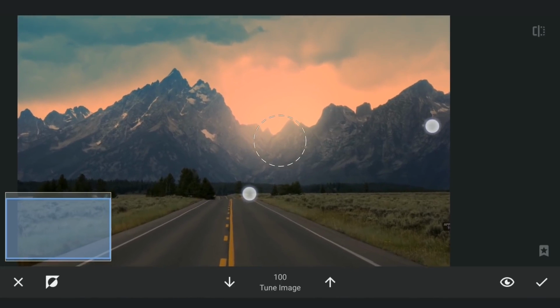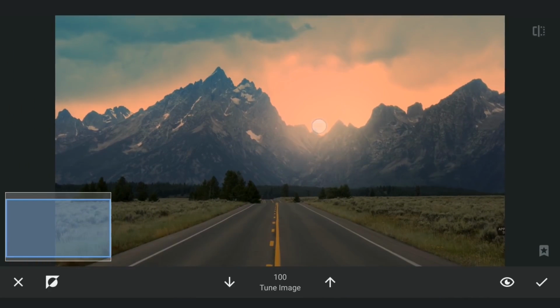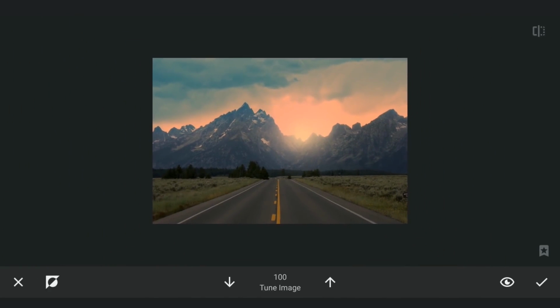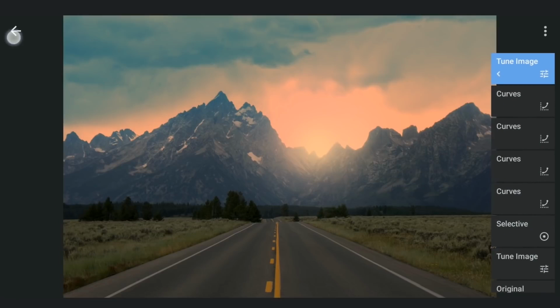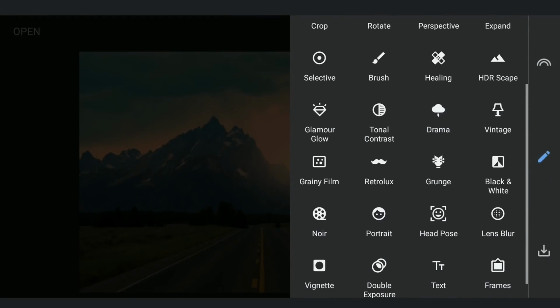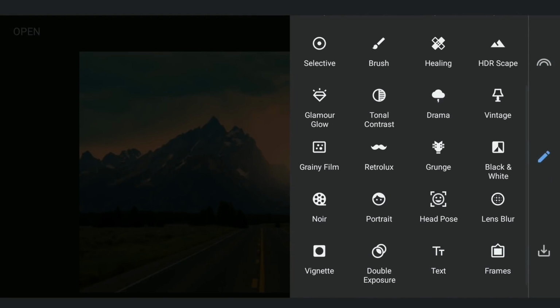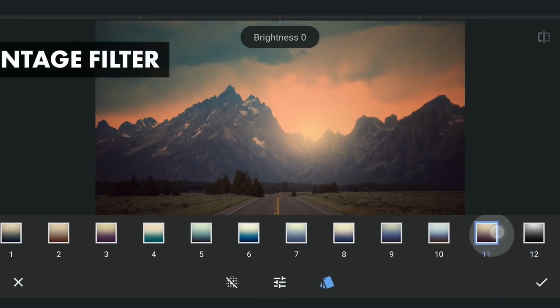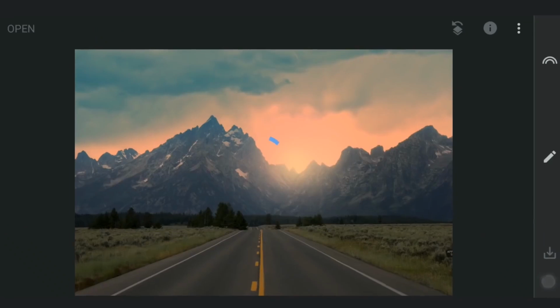Then with 100% brush opacity, tapping just here to create the main light source. Going to the vintage filter, selecting preset 12 to give the image some vignetting, which also gives some pop to